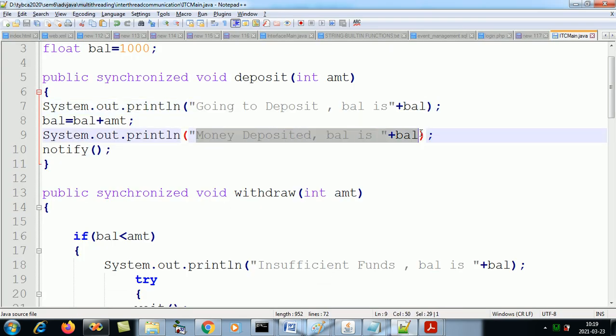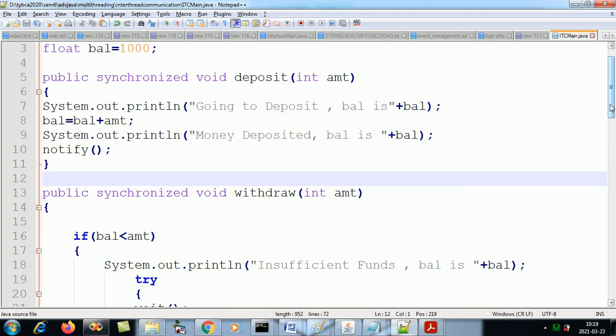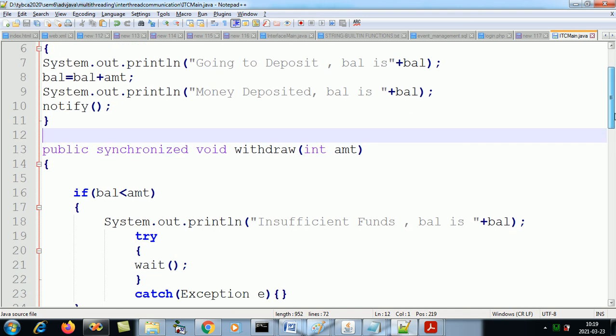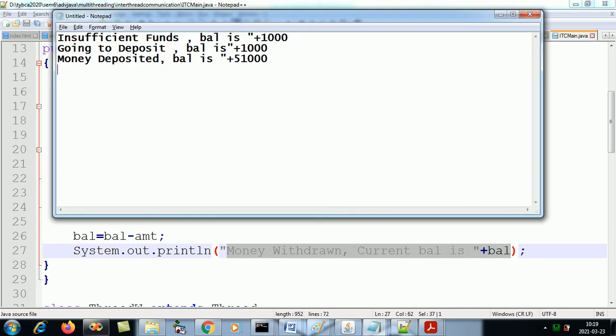How much? 50,000 is deposited, so the balance is 51,000. Now the withdrawal will come out of wait, the balance will be deducted, and we'll say money withdrawn. Current balance is, from 51, if I withdraw 10,000, 41,000. This should be the ideal scenario.